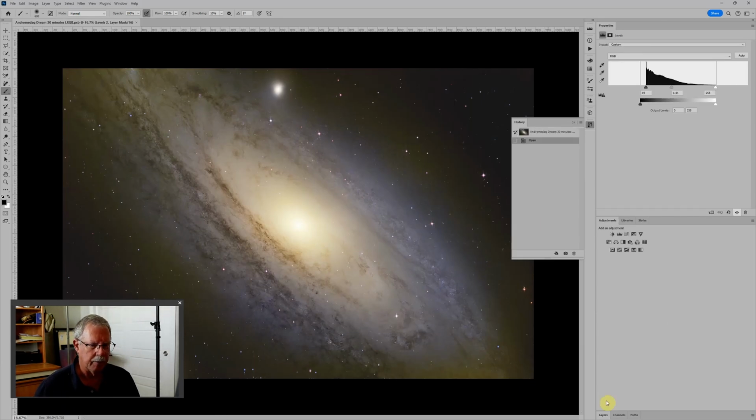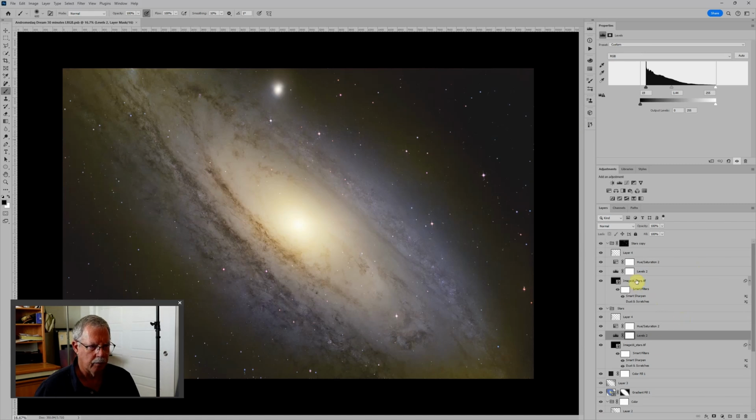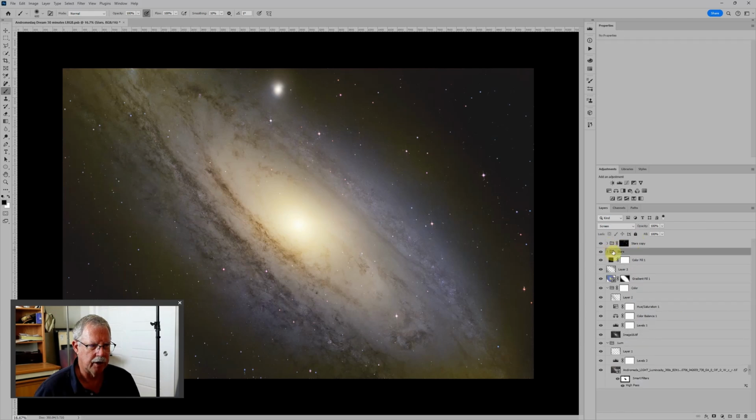So here's the image in Photoshop, and all of my layers are intact, just the way I prepared it. Here are the stars, and I actually have two sets of stars in order to get the mixture of large and small stars, and then all of the various global